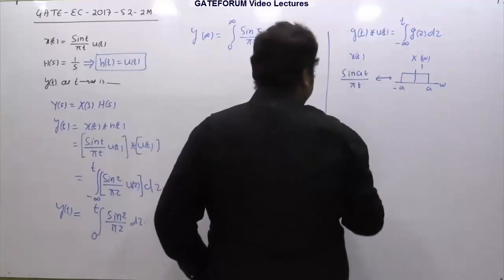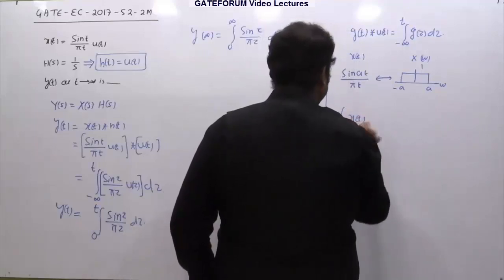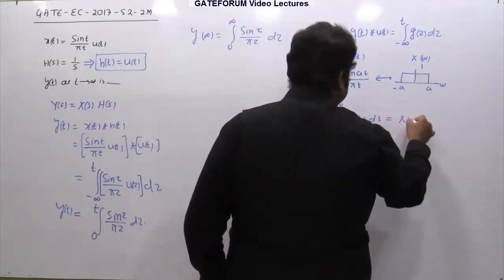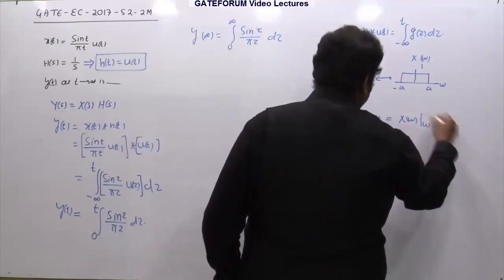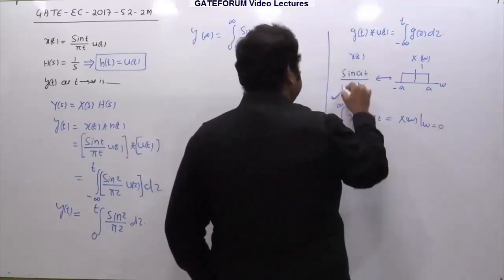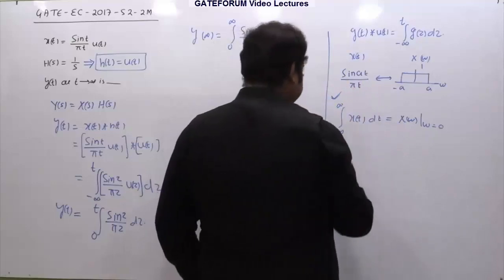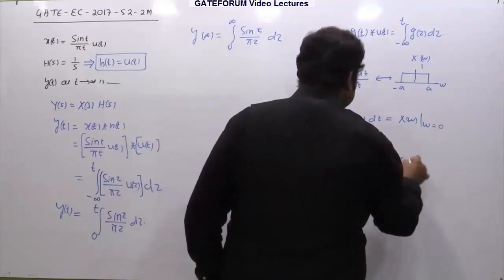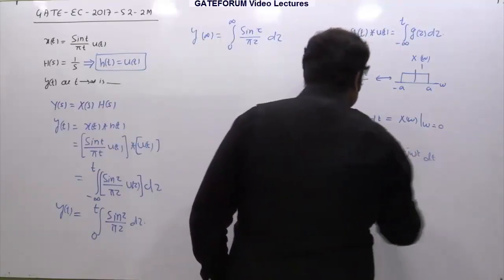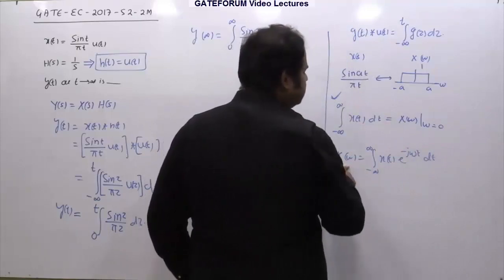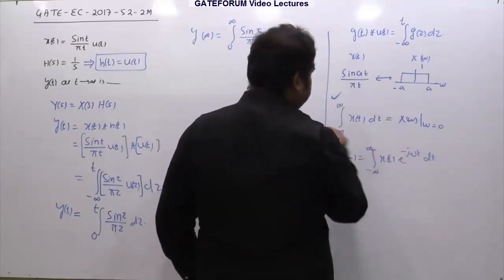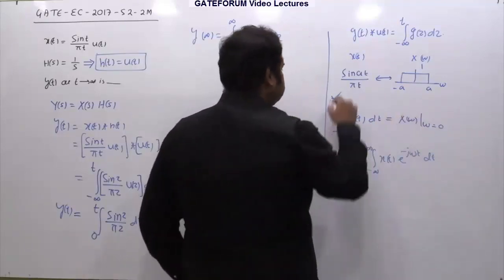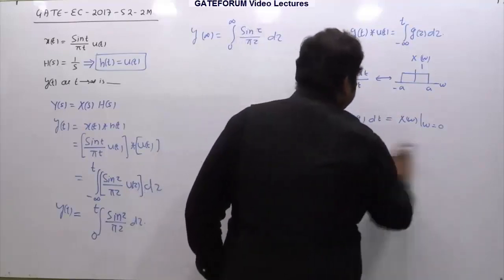And I believe you also know that the integration of x(t) dt in the interval of minus infinity to infinity is given by X(omega) evaluated at omega equal to 0, right? This is the standard central ordinate property. If you write these equations, X(omega) is given by the integration of x(t) e^(-j omega t) dt. In this integral, if I substitute omega equal to 0 on both sides, you can see this becomes the integral of x(t) dt, because this factor becomes 1. So that equals X(omega) evaluated at omega equal to 0. This is a very well known standard central ordinate property, right?